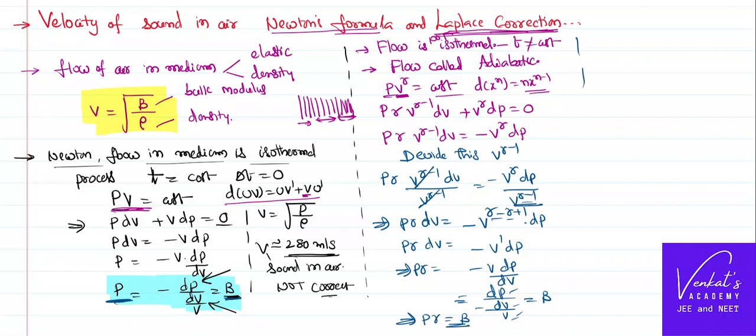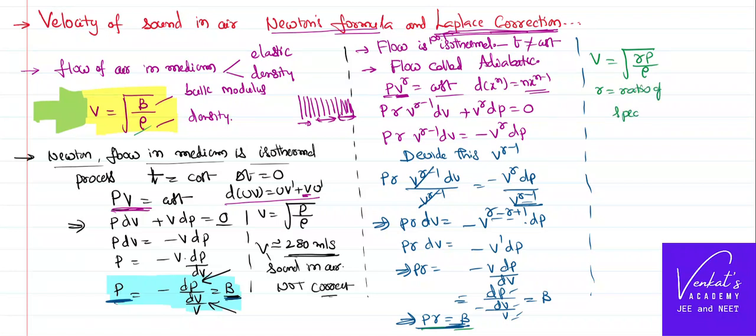If you substitute this value, P gamma as bulk modulus, in the core equation that we are talking about, we find velocity of the sound as per the Laplace correction is square root of, in the place of bulk modulus, I can write gamma P by, of course, density D, where gamma is called